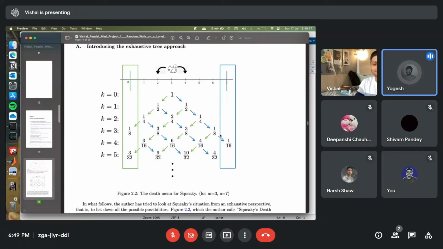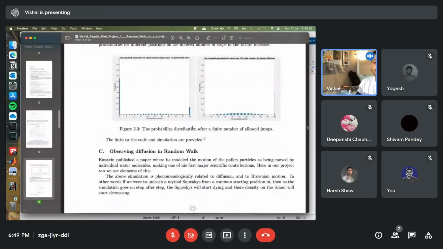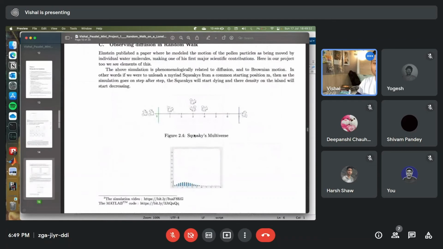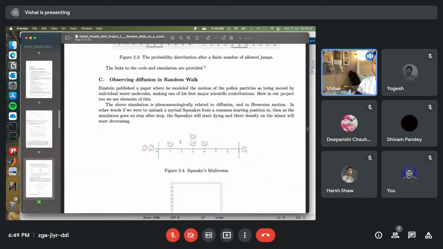मतलब 1 से 6 के बीच में वो हॉप करता रहेगा। ये 0 से 7 तक है, और 1 से 6 के बीच इधर पे it can hop. And I basically did that in the simulation. And you can basically imagine, अगर यहाँ पर 10,000 स्क्विरल्स होतीं, उनको एक साथ अगर हमने